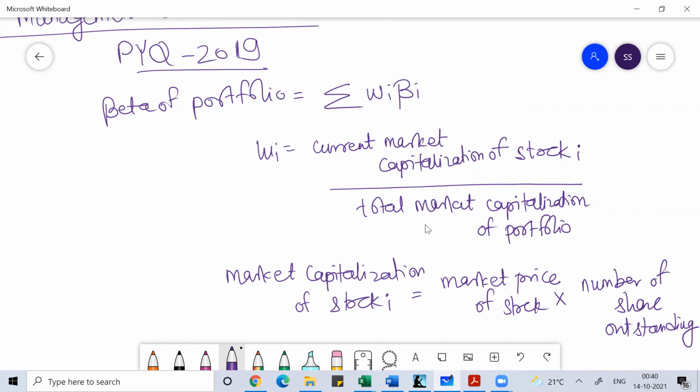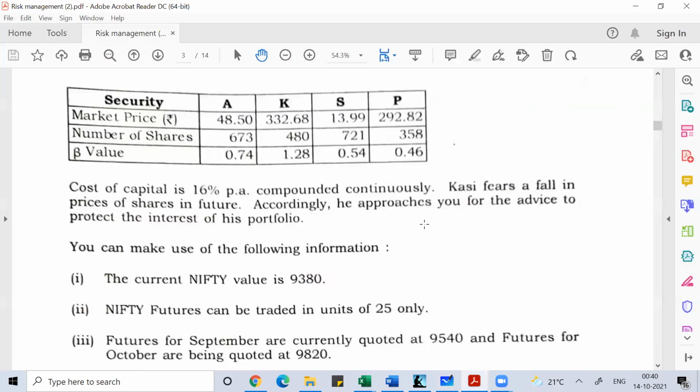Clear, everyone? So here, I can write those stocks in MS Excel and do the calculation in MS Excel. I'll suggest you can do the same thing using notebook and pen. I'm doing the same thing in MS Excel. I hope nobody has any problem with calculation, because using a calculator you can do it very easily. I'm doing it on MS Excel just to save your time and my time. Clear, everyone? In case of any doubt, feel free to use the comment option, and you can ask any number of doubts there.